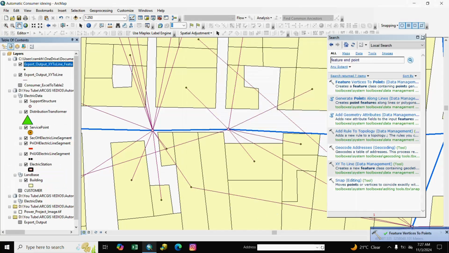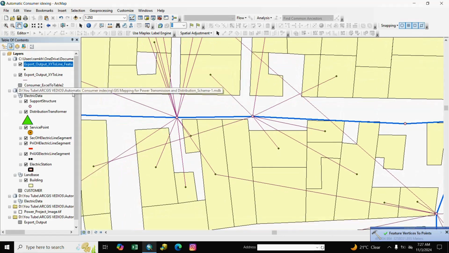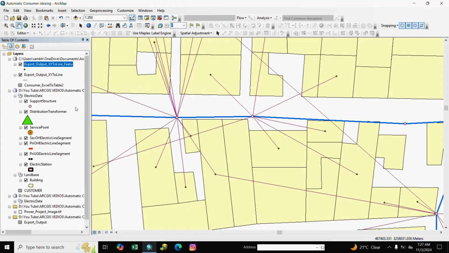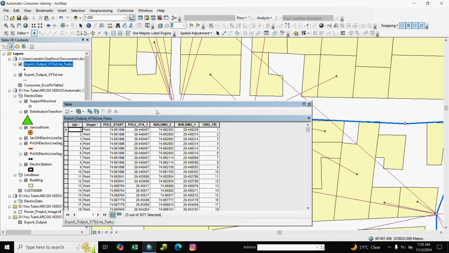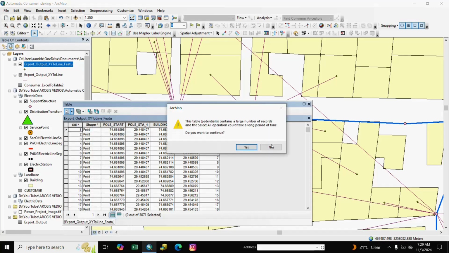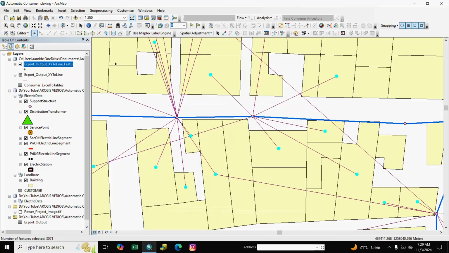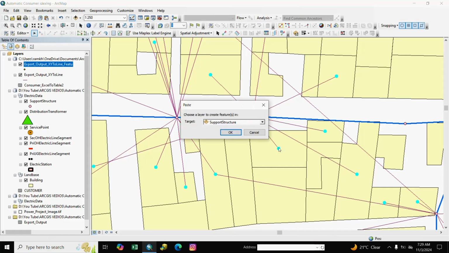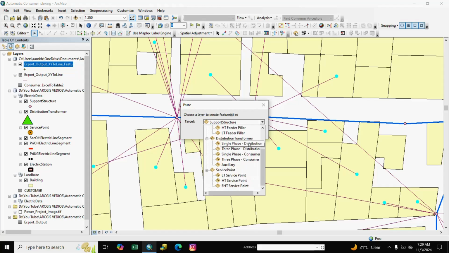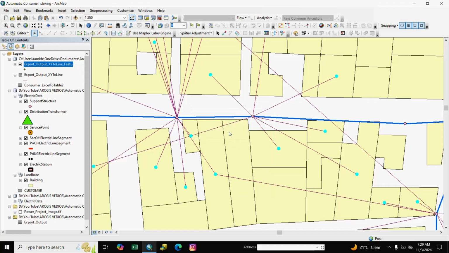The endpoint is generated. We paste the endpoint to service point. We select, copy and paste, select here service point, LT service point and OK. Here is our service point.